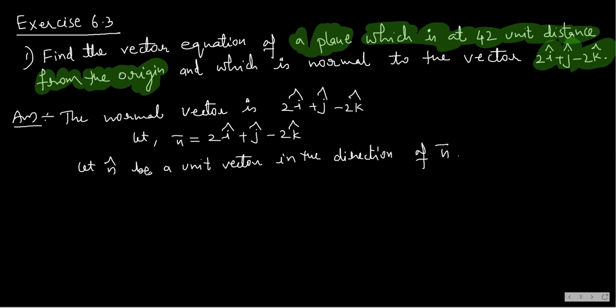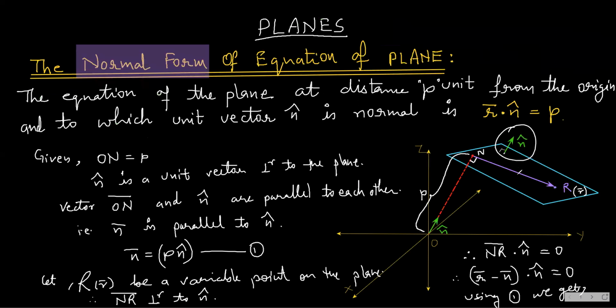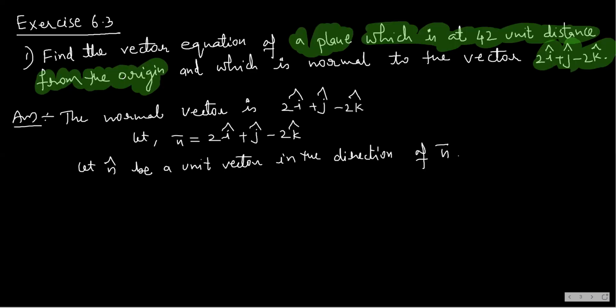And what is n cap? N cap is also in the direction of n bar, so n cap is also perpendicular to the plane. But the only thing is n cap is a unit vector. Got that? I want a unit vector perpendicular to the plane, and what have they given? They have given me a vector perpendicular to the plane. What I'm doing is finding n cap. Okay, so the next step I write, therefore